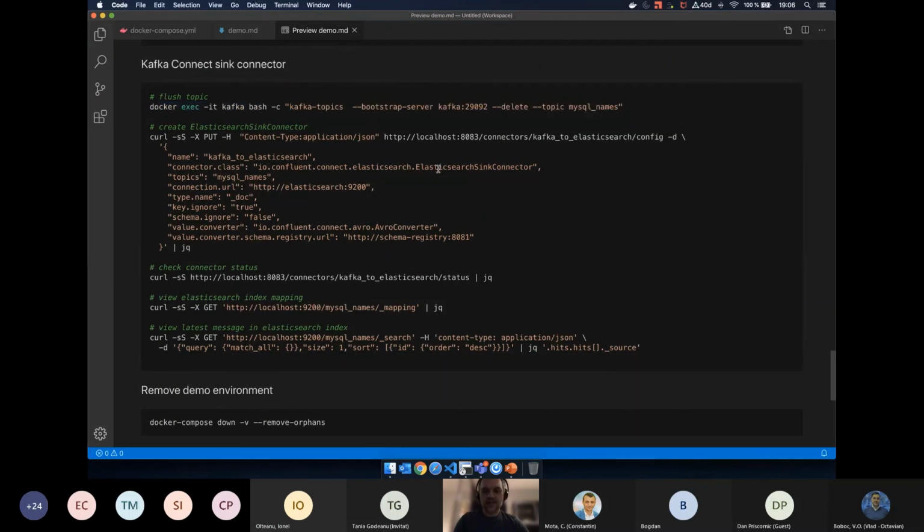And for this Elasticsearch sink connector, we need to specify the topics from which we want to pull data and where is our Elasticsearch instance.